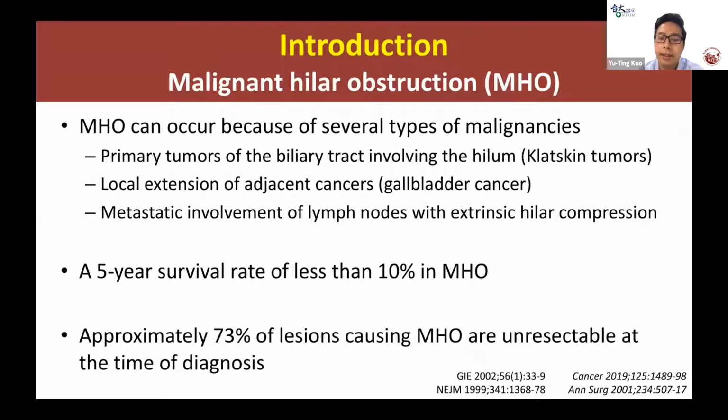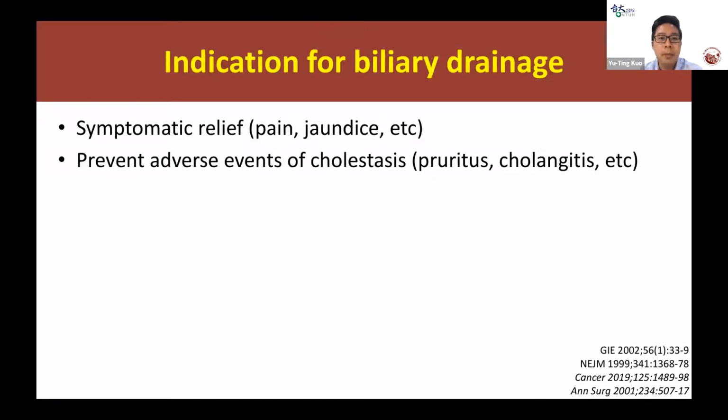On the other hand, at the initial diagnosis of malignant hilar obstruction, around 70% of this kind of patient cannot receive operation. We call it unresectable. So how about the indications for biliary drainage in malignant hilar obstruction? Mostly we will arrange this kind of procedure if the patient has symptoms like pain or jaundice,